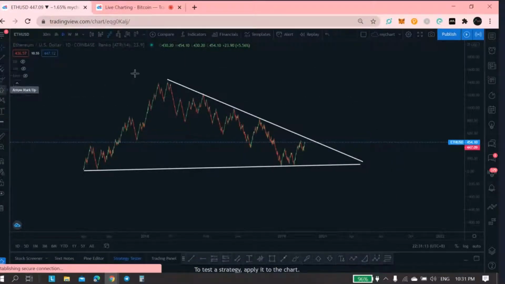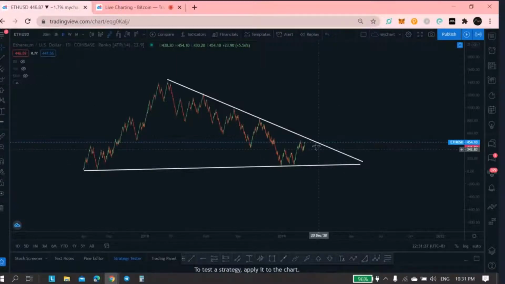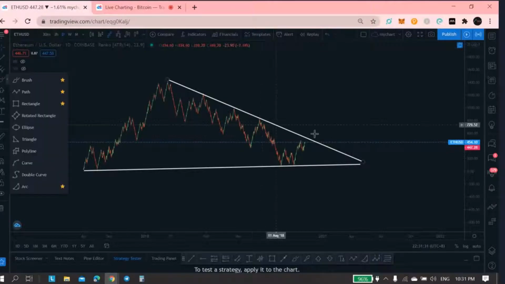So anyway, this is also a triangle. However, long term, it's not yet a breakout and downtrend. So for it to become more bullish long term, it needs to break this out. Else, if it failed to break out,